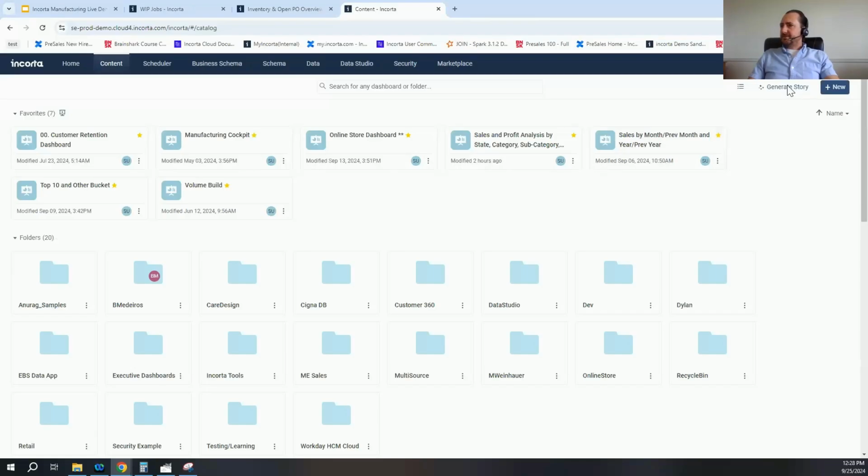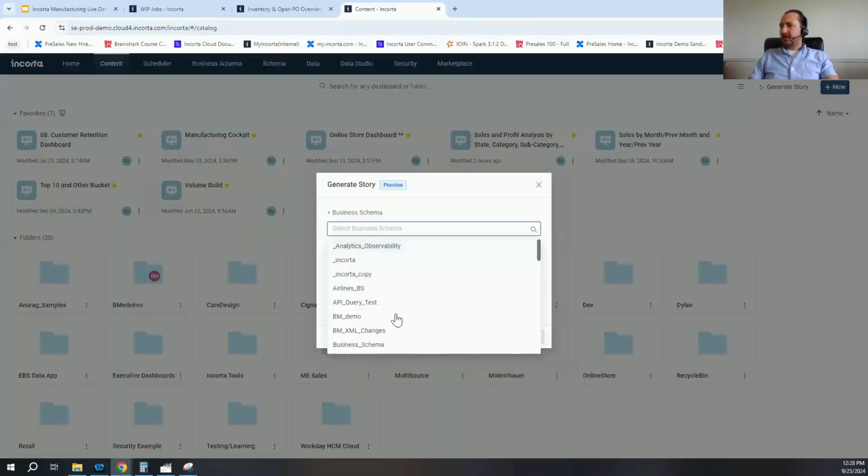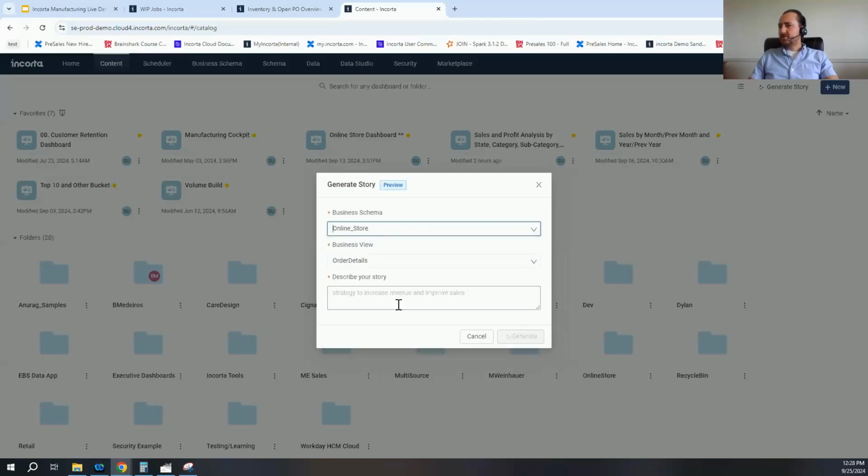So what this allows us to do is choose the context, the data that I want this to apply to. And what I could do in this case is choose a context. Maybe I want to get my online store data out of my ERP. So this represents an ERP. I want to get my ERP data, and then I want to give it a description. So I could say I want to see my sales and profit